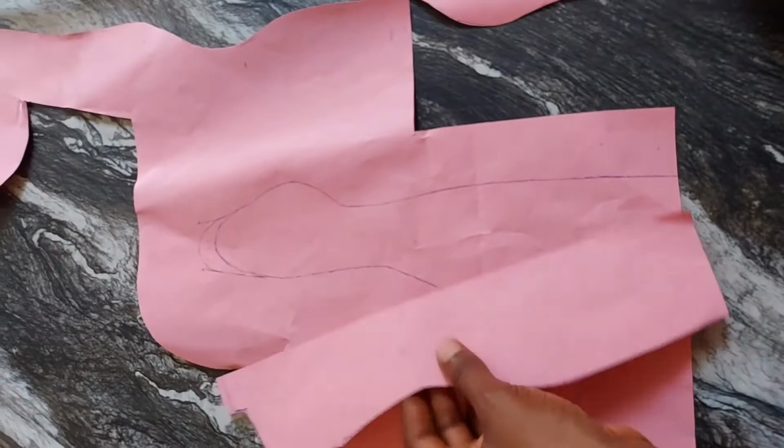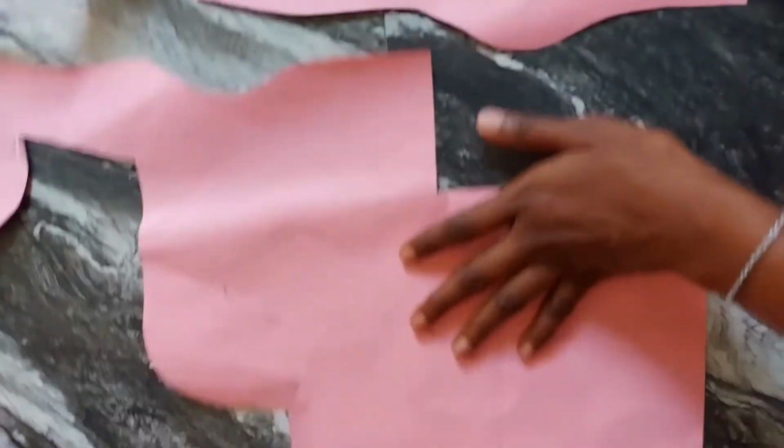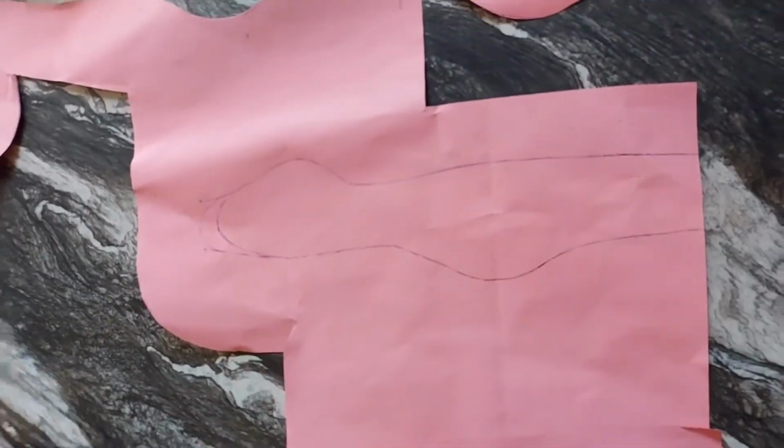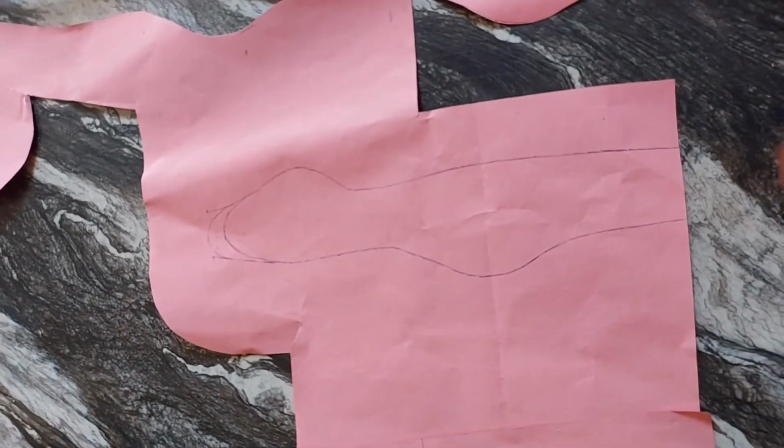All the profiles I've done so far. This is half of the front pattern. This is the side profile with the neck. And this is the side profile without the neck, just from the shoulder line. I'm going to cut this out now. Then cut it on my Indomie carton